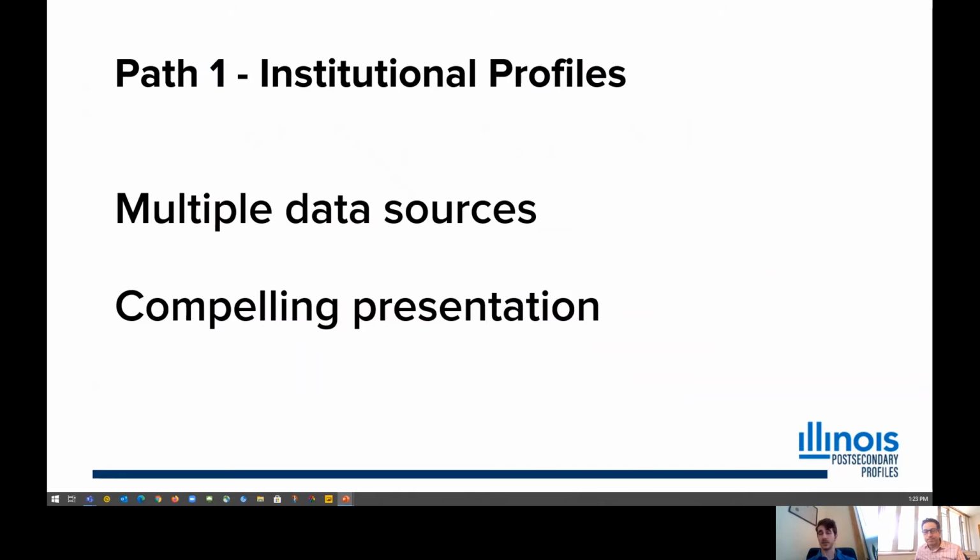And so the institutional profiles, as I noted, it's the first path that's become available for the profiles site. But it's really one of the first of its kind in Illinois in that it's pulling together data from multiple sources, whether state agency, whether IPEDS, whether otherwise. And it's really pulling them together and integrating them in a one-stop shop.